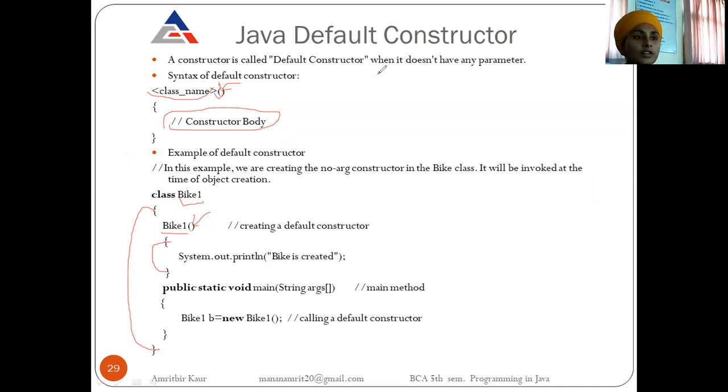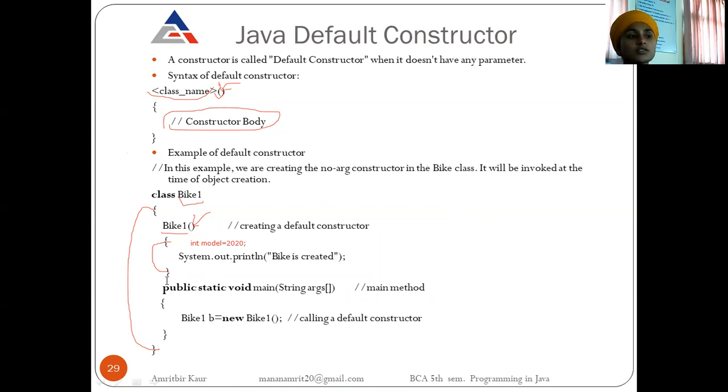You can write here, if you want to initialize a value like a model number, int model. If you want to use a model number by default, like 2020, every time it will use this value when an object is created. Here the printed message, if we create one object, will be Bike is created. If we create two objects, then Bike is created appears two times, one for the first object and one for the second. So for each object it will be initialized.